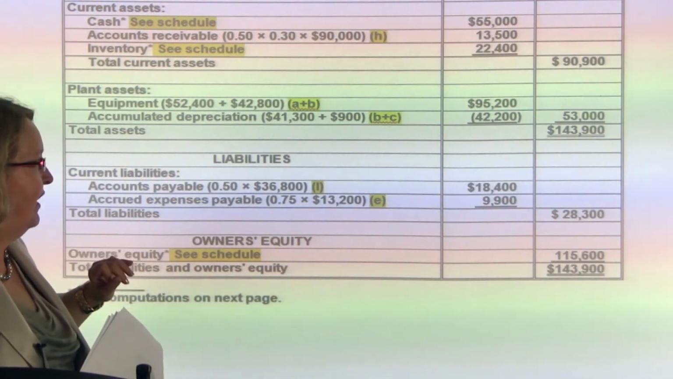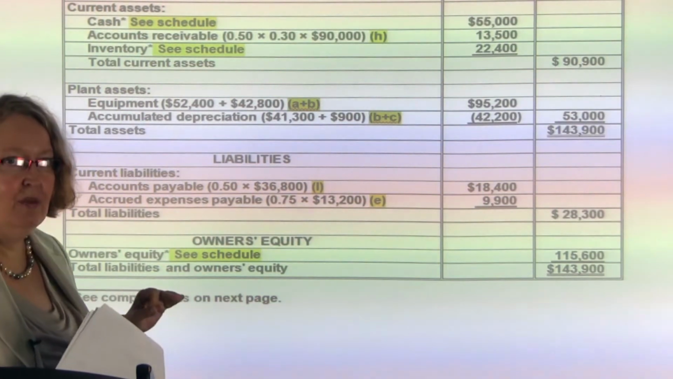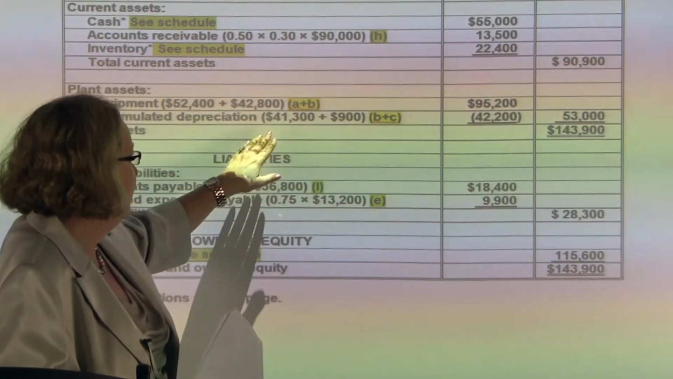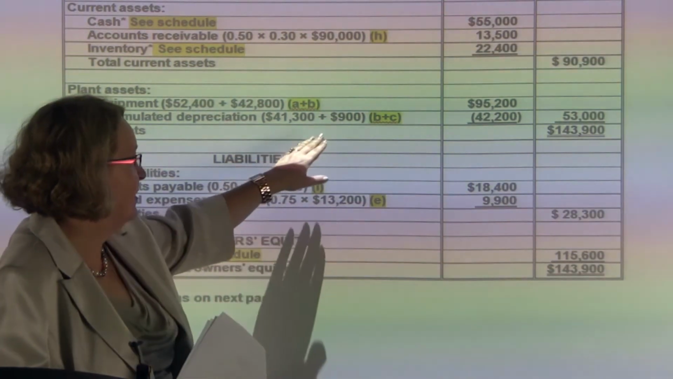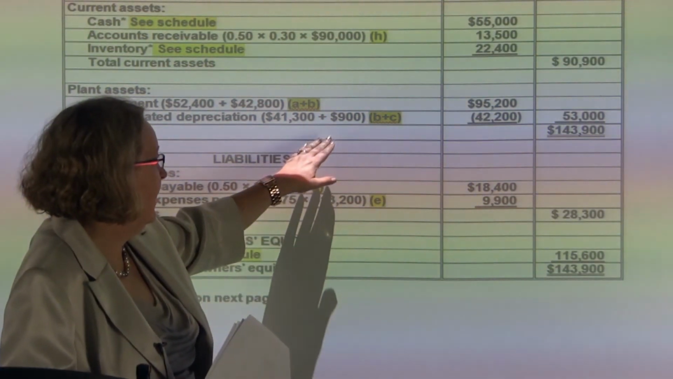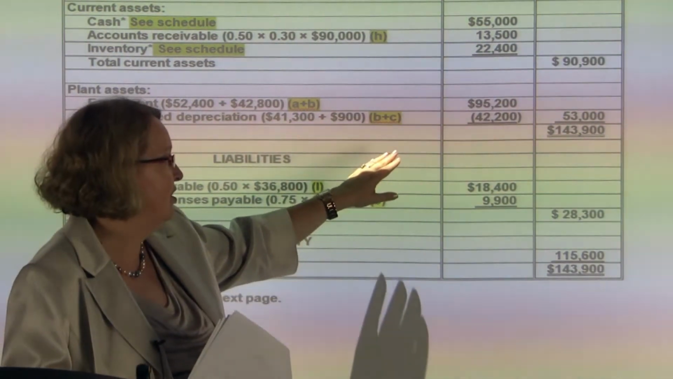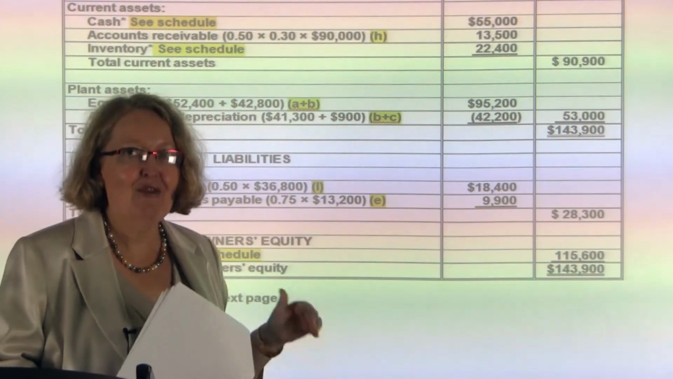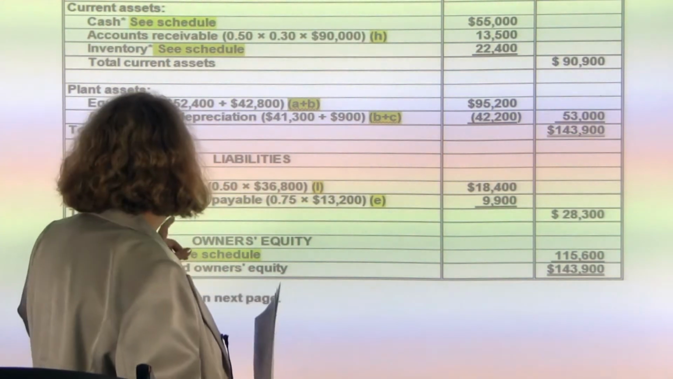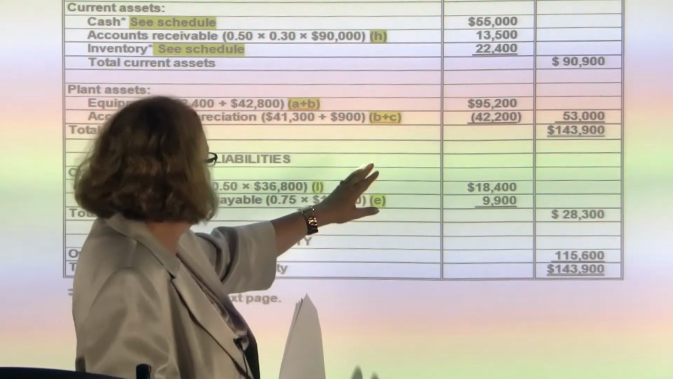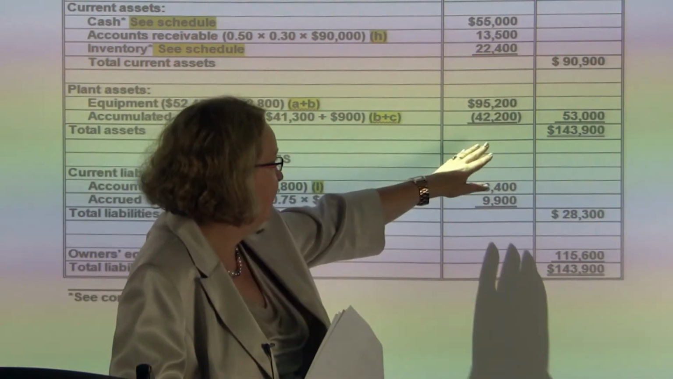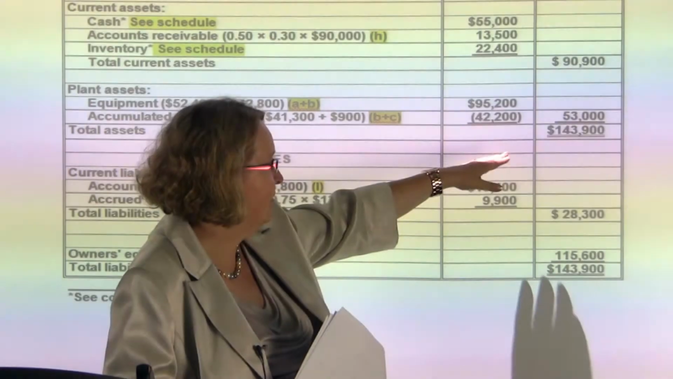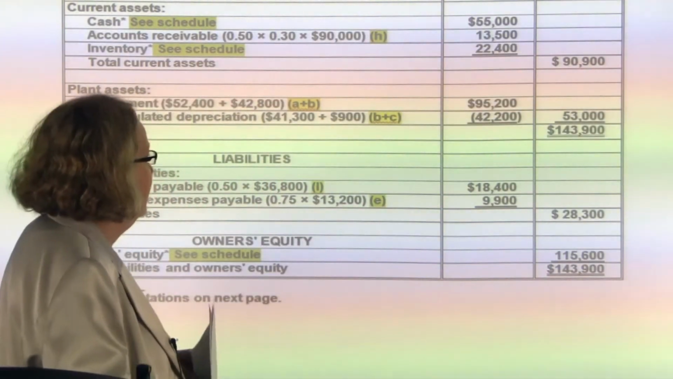The next thing you have to factor in here is your accumulated depreciation. So that comes from B and C. $41,000 is your beginning, plus depreciation during the year will give you total accumulated depreciation of $42,200, which of course you have to subtract from the value of the assets. So the total assets, your assets less accumulated depreciation, is $53,000. So your total current assets is